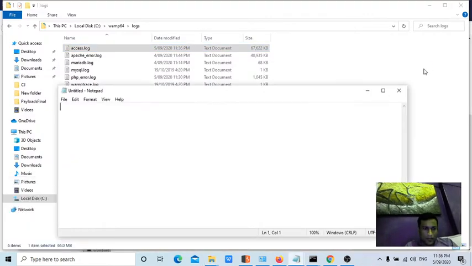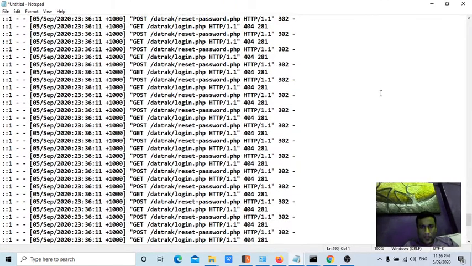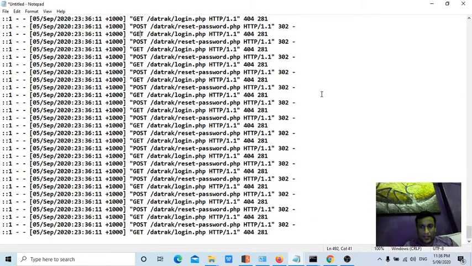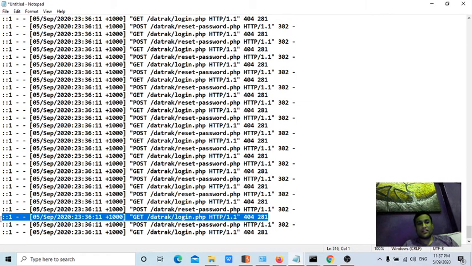In Notepad, how many times has the POST request been sent, guys? 1, 2, 3, 4, 5, 6. How many lines are there? 492 lines. After every POST request, the GET request is there, because of the redirection after we submit the form. That means it is out of 516.